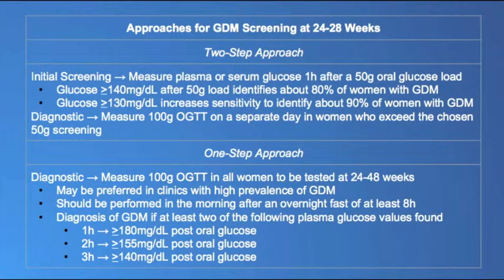Women who become pregnant and have high risk factors are tested for undiagnosed type 2 diabetes at the first prenatal visit. Those who are not previously known to have diabetes are tested between weeks 24 and 28 of gestation for gestational diabetes. This is done by completing a one-step or two-step oral glucose tolerance test. If at least 2 of the blood sugar readings are higher than normal, the patient will be diagnosed with gestational